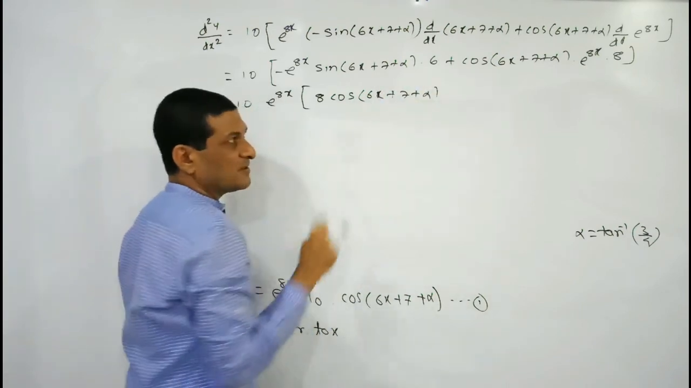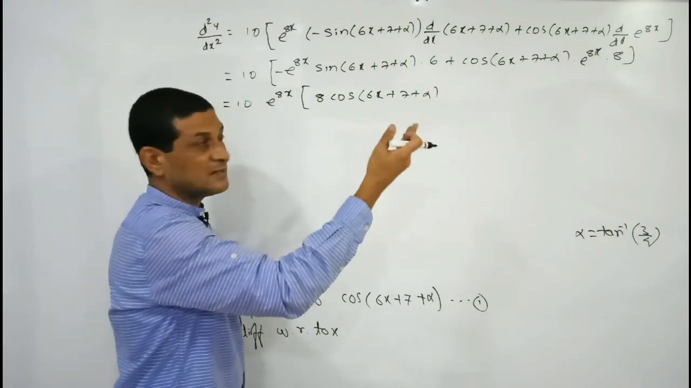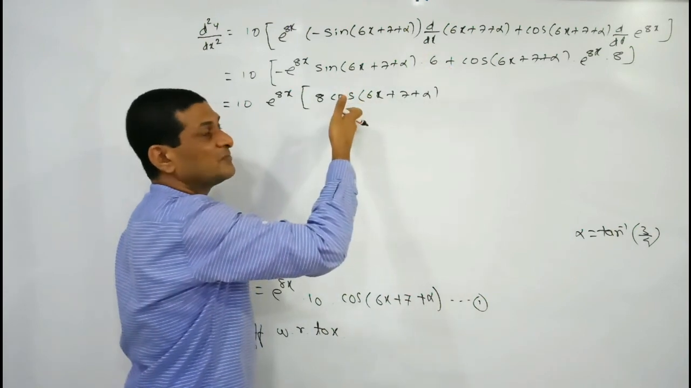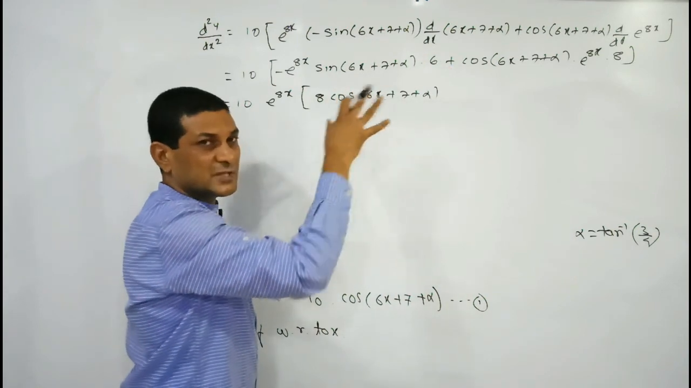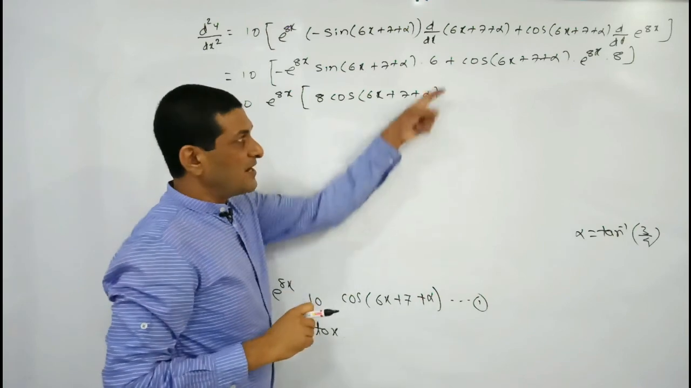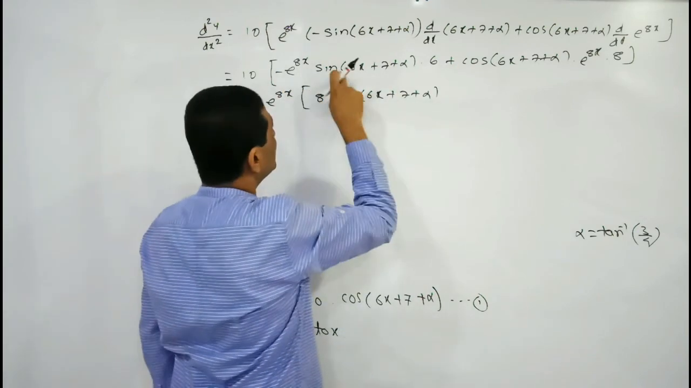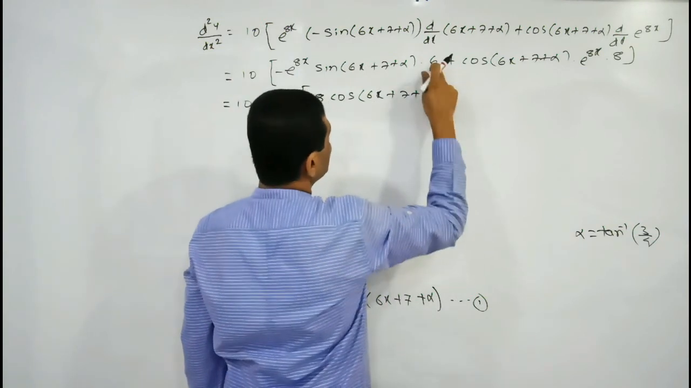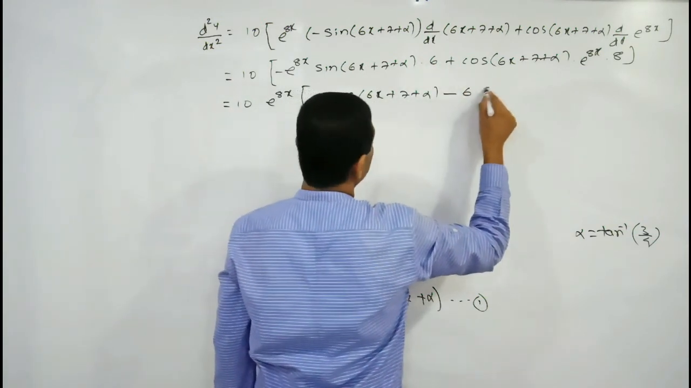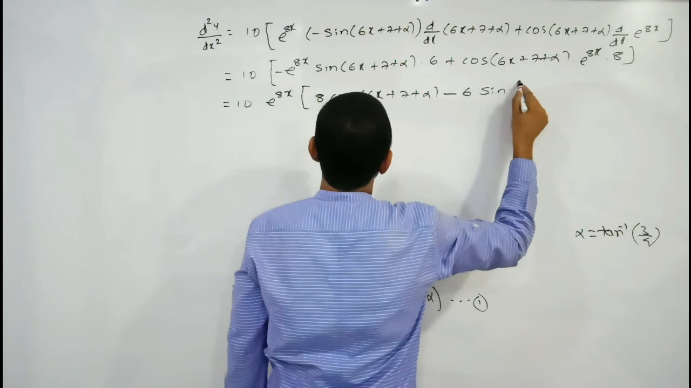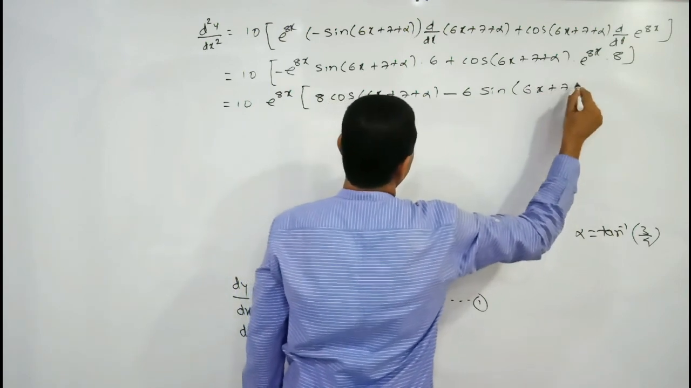This is the coefficient of e raised to power 8x in the second term. But why are we writing that second term first? Because I am giving priority to writing down the positive term first and later on the negative term. Let's substitute the negative term here. So minus 6: first write down the numerical value, then the trigonometric function, sine of 6x plus 7 plus